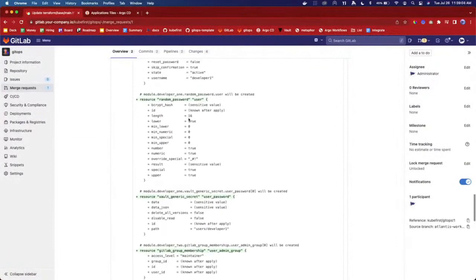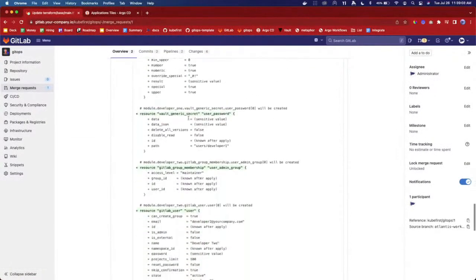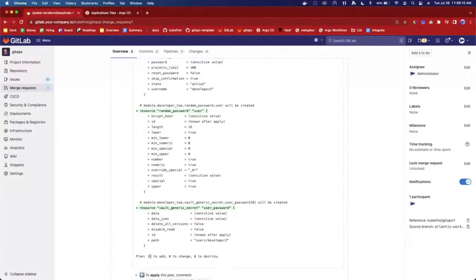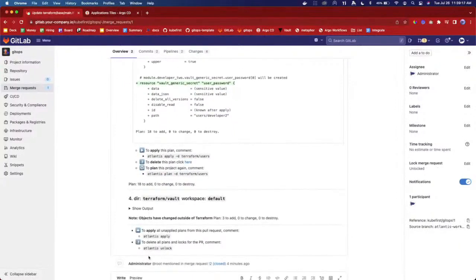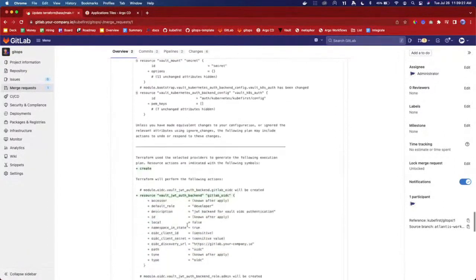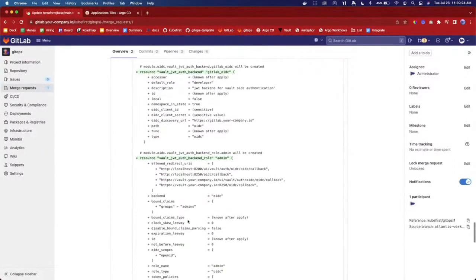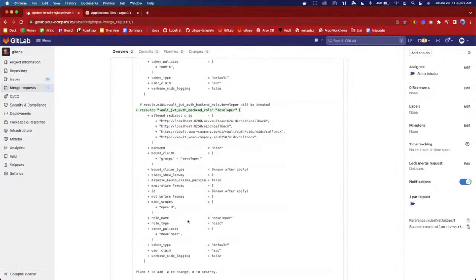Some of the other resources in here, not to belabor the point, but it includes getting them into GitLab, into the correct groups and stuff like that. That's why, although there's only 4 people, there's 18 resources. That's just sort of the way Terraform works. And then there's also some changes being made here in Vault, where we're adding a Vault JWT auth backend and backend role so that Kubernetes can have access to Vault permanently for the purposes of your